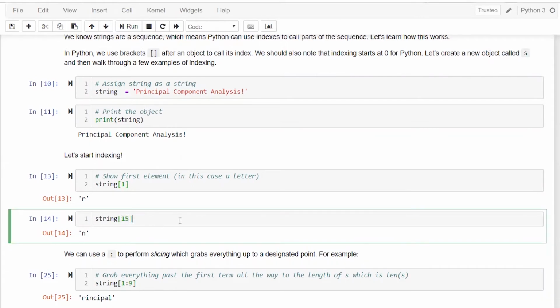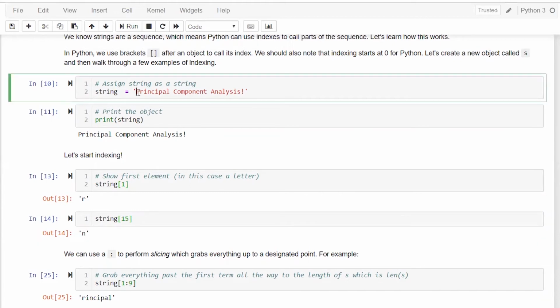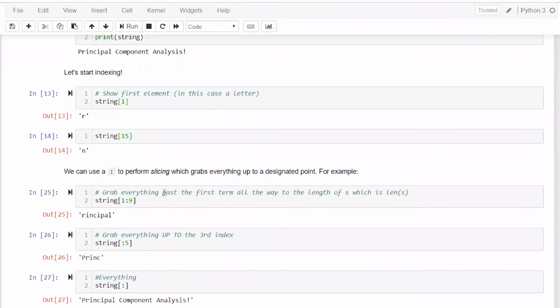So it's very easy to follow, it's not that difficult. Just remember that indexing in Python starts with 0, it does not start with 1. So the first character will have index 0. That is the important takeaway from this indexing thing.